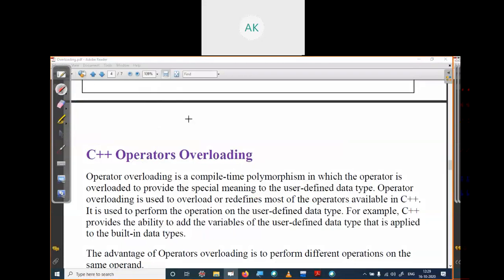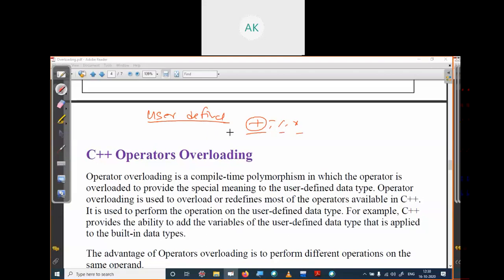But when in our programming we define our own data types, or user-defined data types, then this operator will not work. Plus, subtract, division or multiplication, the characteristics of these operators are defined for the basic data types only.